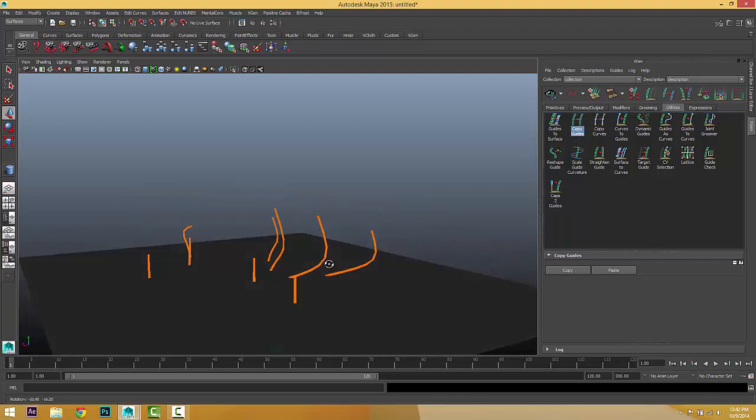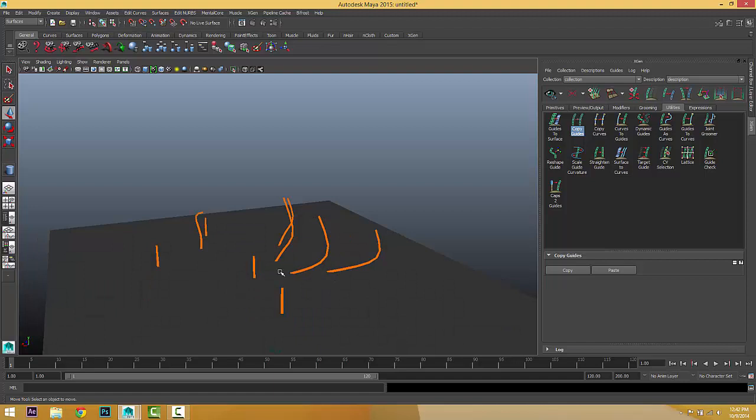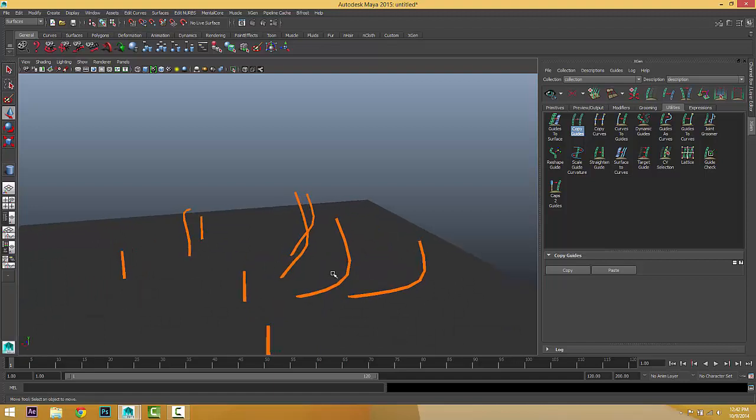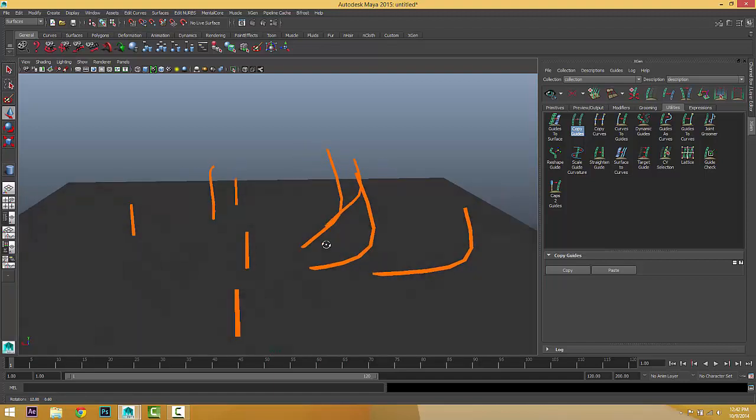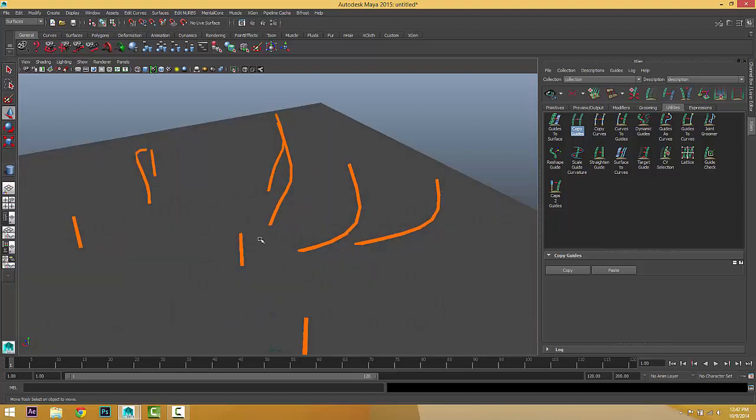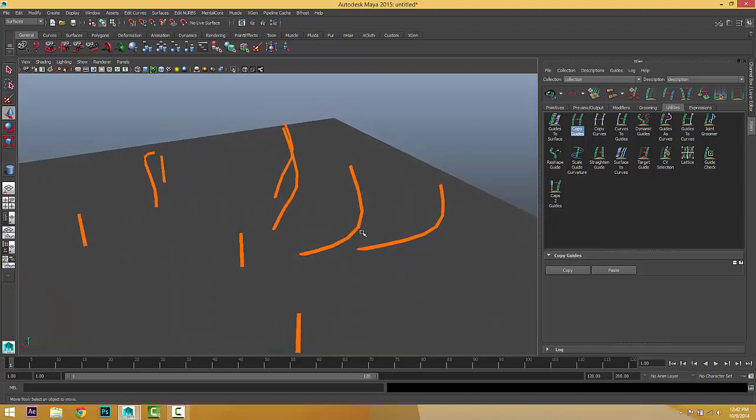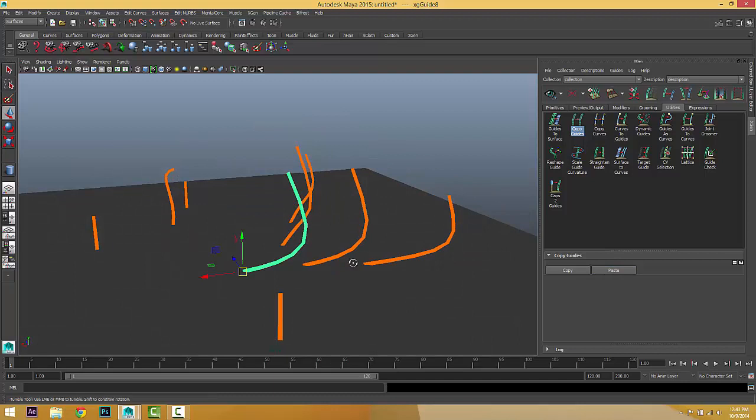As you can see, the shape of this guide is totally different from this one. If you want to copy this shape to this one, or copy this one to this, you can do that very simply. Just select the guide, choose copy, and select the other guide, choose paste. You can see, very simple.